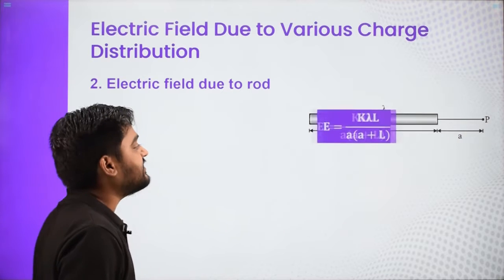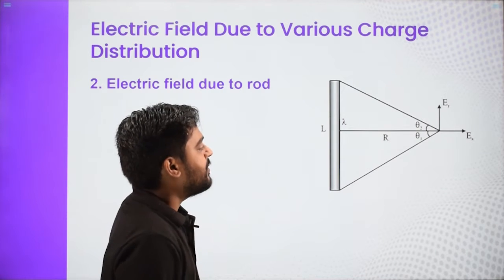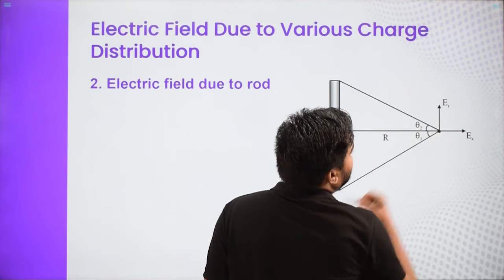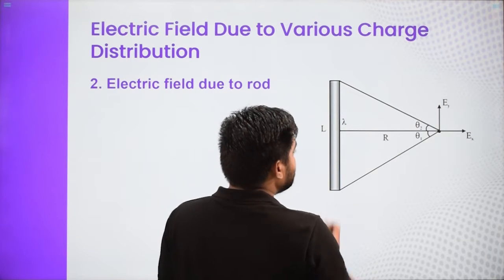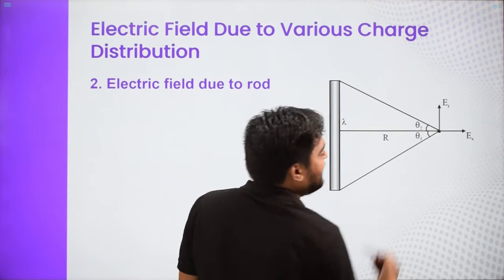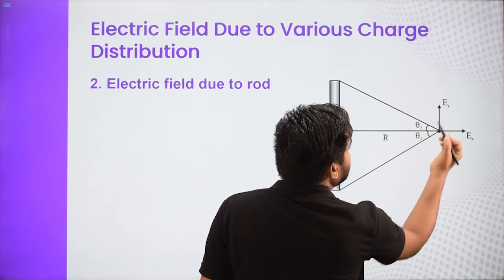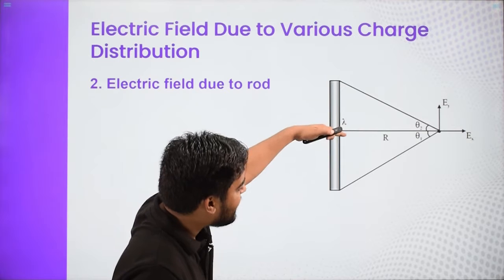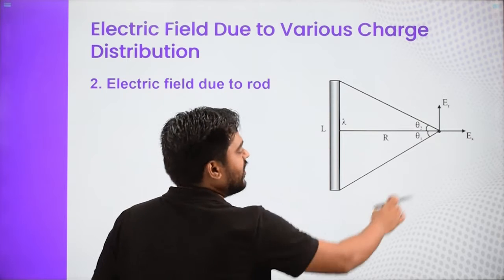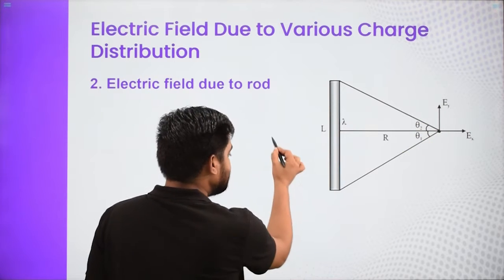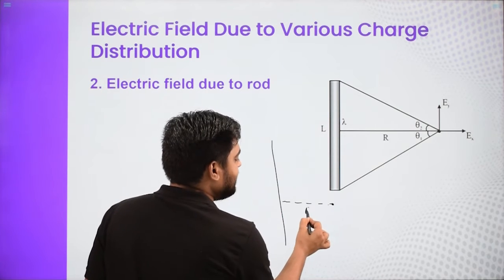Let us discuss the next case where again we have a rod, and we have to find the electric field at this point, but previously it was on the axis. Now this point can be anywhere in a perpendicular line, kind of not equatorial position, but it can be anywhere in this region. So I am going to say that if it is exactly in the middle, then this will have just Ex component. But what if these angles are not equal? This is the rod and the point can be anywhere. So the perpendicular distance is basically capital R as shown.